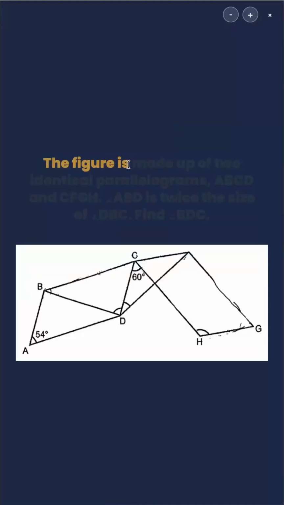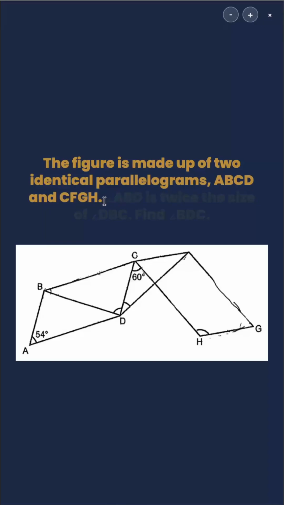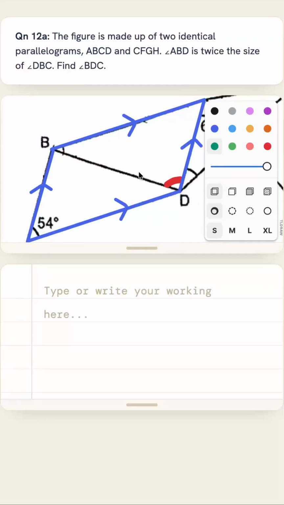Question 12a, the figure is made up of two identical parallelograms, ABCD and CFGH. ABD is twice the size of DBC. Find angle BDC. So usually when you want to solve this kind of question, you always want to see where